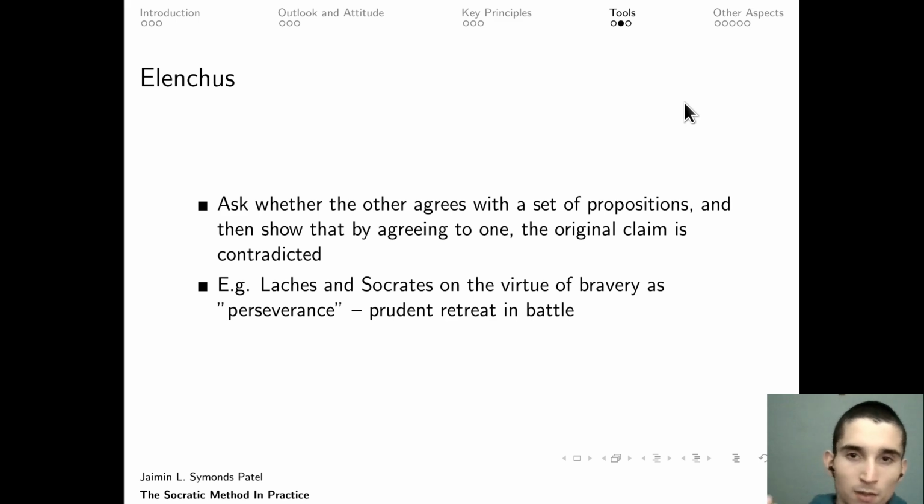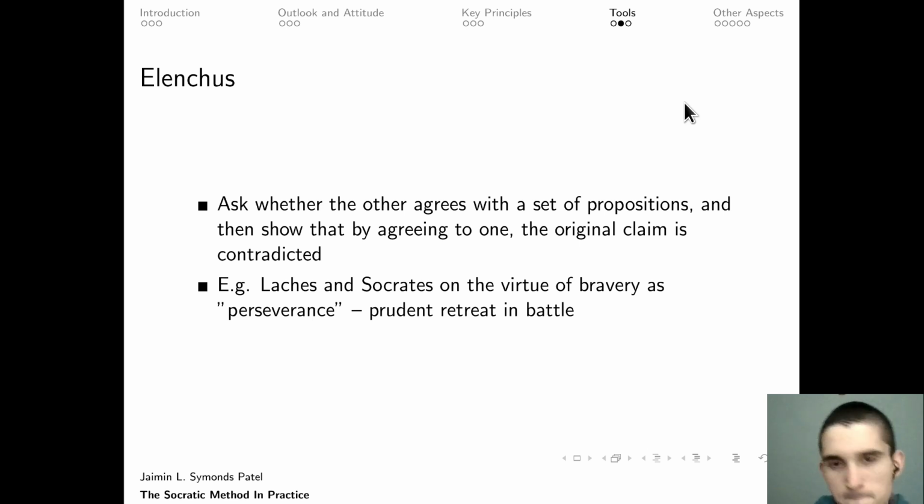Therefore, the idea of bravery as simply perseverance at all costs must be false, because it contradicts the proposition of prudent retreat in battle, right? So hopefully that gives a bit of an idea of what the elenchus is. You provide a set of propositions and then toss another one in, which reveals the nature